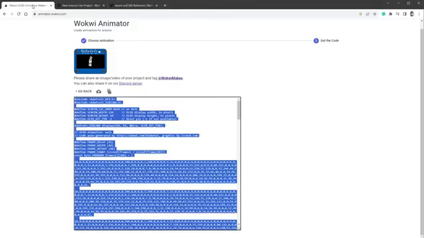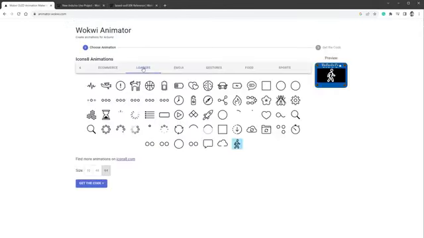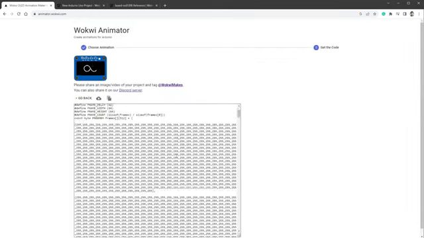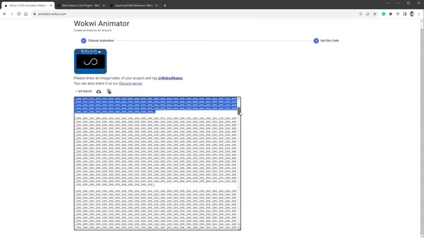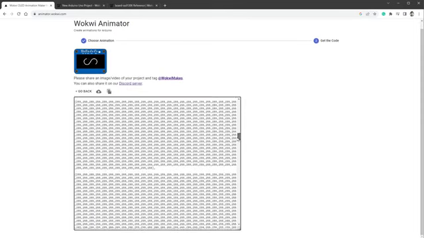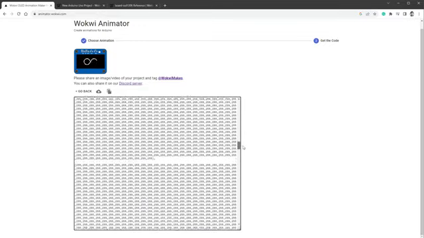If I jump back to the Walkway animator and reload the page and go to the loaders section, I like this infinite loading animation. However, if I click the Get the Code button, you can see that all of the content is pretty much empty. It's just all 255 and it's not showing any content, unfortunately. So something is broken, maybe getting the image from the server, but this is a good excuse to use a